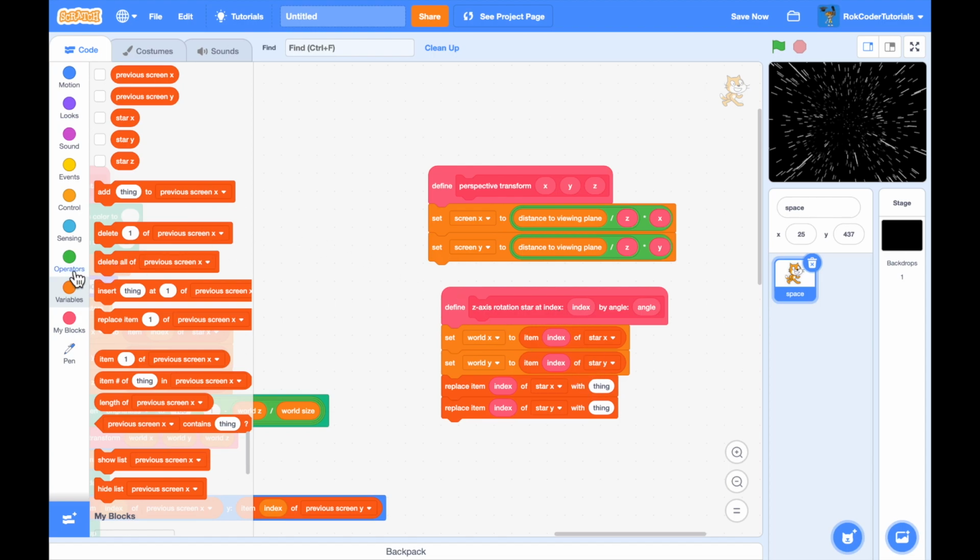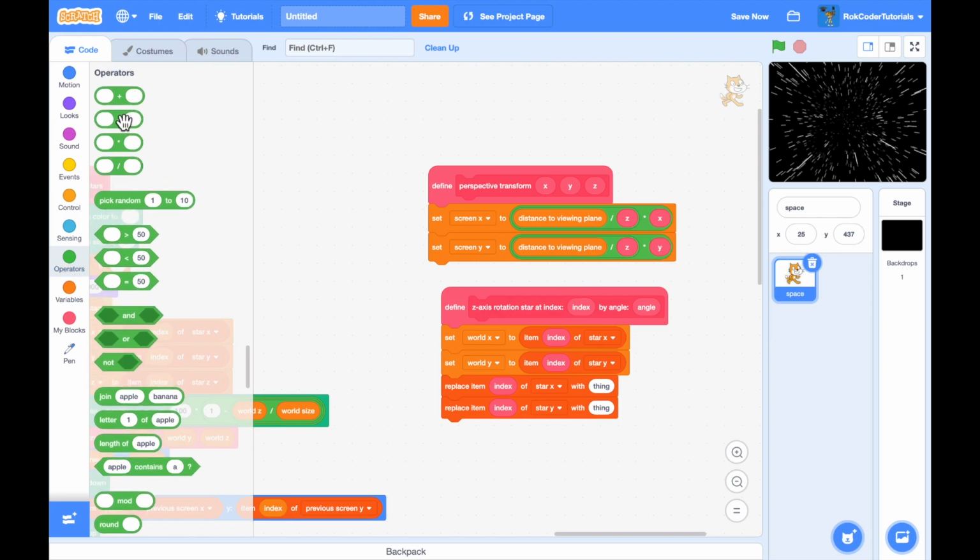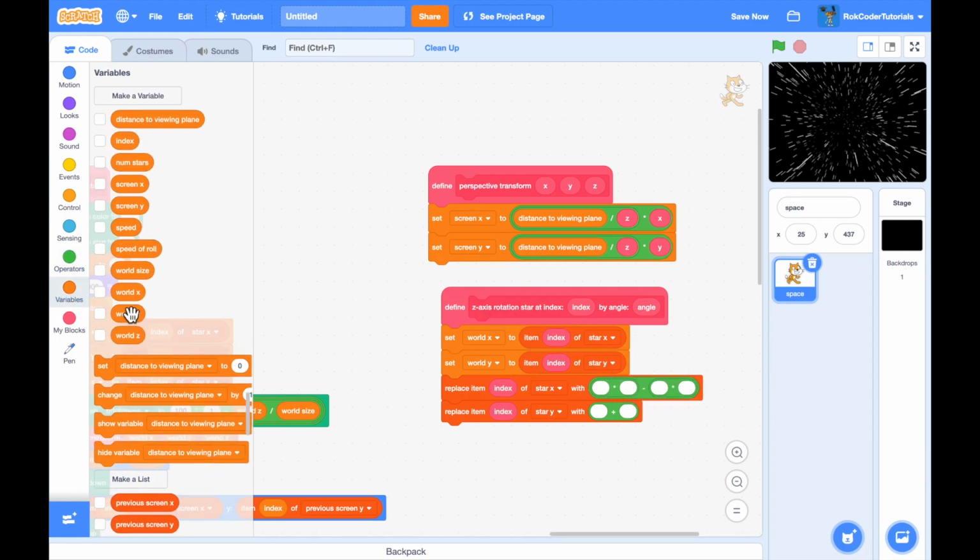So in the top one, I'm going to add a minus operator, and in the bottom, a plus operator. In all of these, I'm going to add a multiplying there and a multiplying the other side, and this is going to be world x,